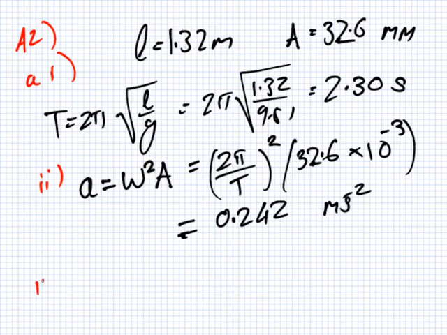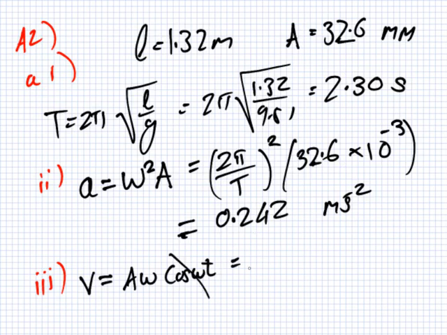And then the last part, what is the maximum velocity? So you have the formula for velocity. It doesn't say if it starts at the middle, but it doesn't matter. We'll assume that it starts out, and actually it doesn't matter at all, because it doesn't matter if I use cos or sine, because they both have a maximum of 1. So the maximum velocity is A omega, which is